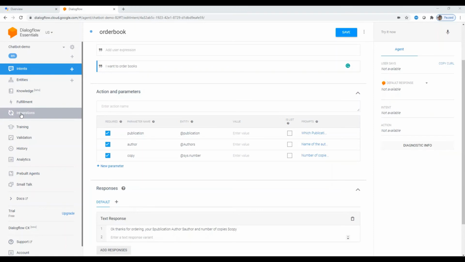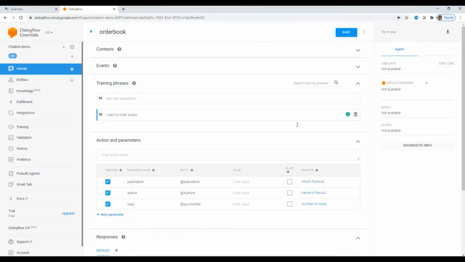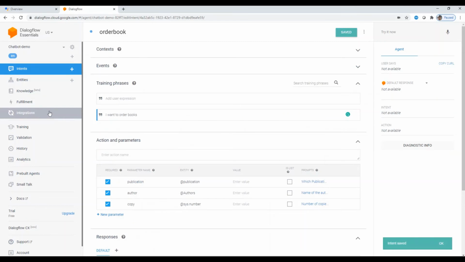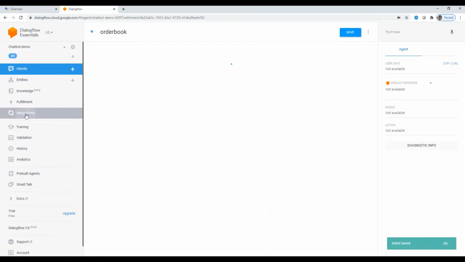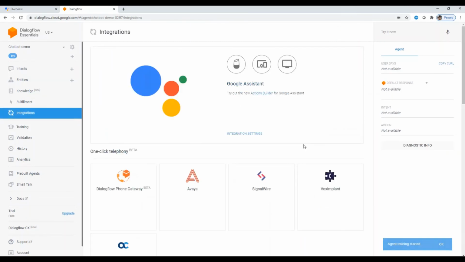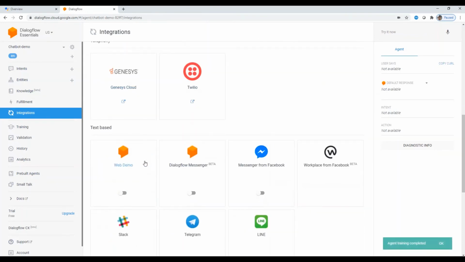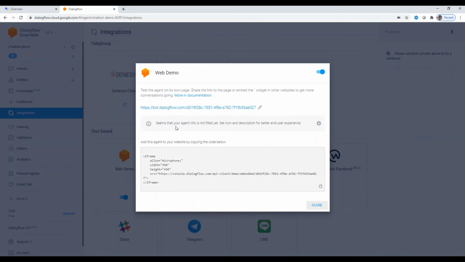So let's try to go to this integration without saving. No, I want to save this one first. Let's say, yeah, and then we go to the integration. Yeah, so in the integration, if you see, there is the web demo, right? This is where we can copy the code